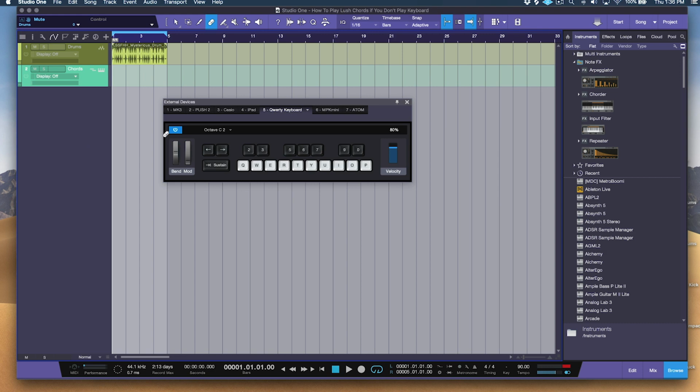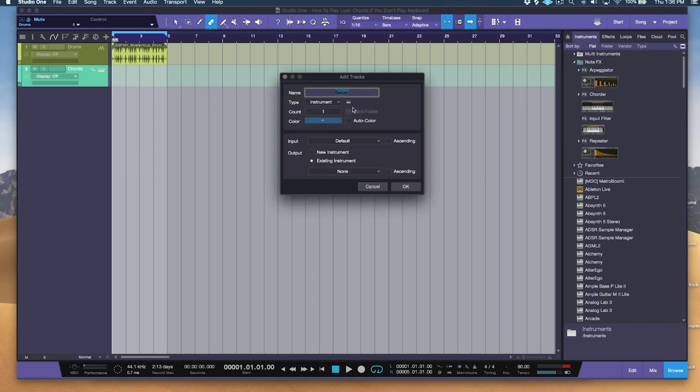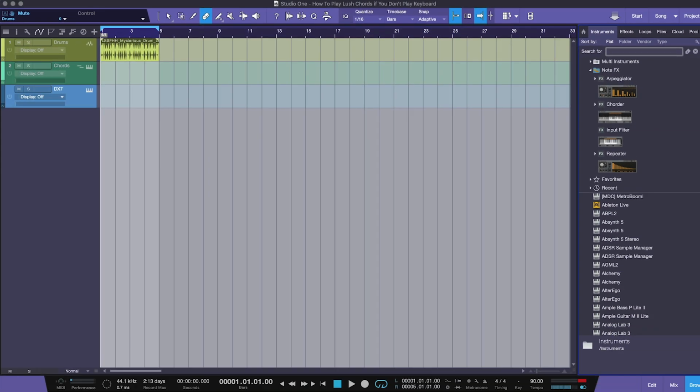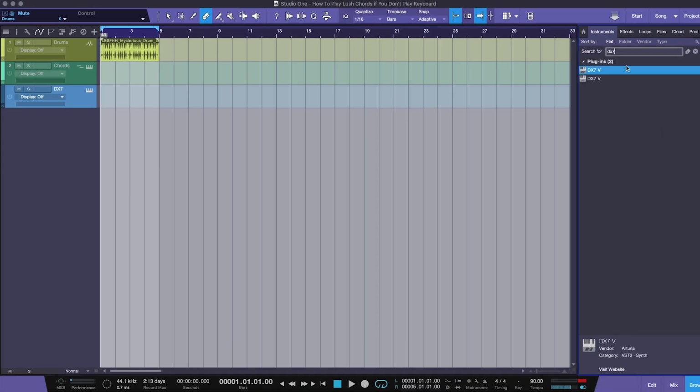Now I really like Studio One's chord device. It's a little more pre-programmed, if you will. Let's go ahead and see how we would actually set that up. So again, we'll put in a new MIDI track by hitting T. Sorry, let's take off the keyboard. So put in a new MIDI track by hitting T, and let's call it DX7, and go ahead and load it. I'm going to Command F, find DX7,